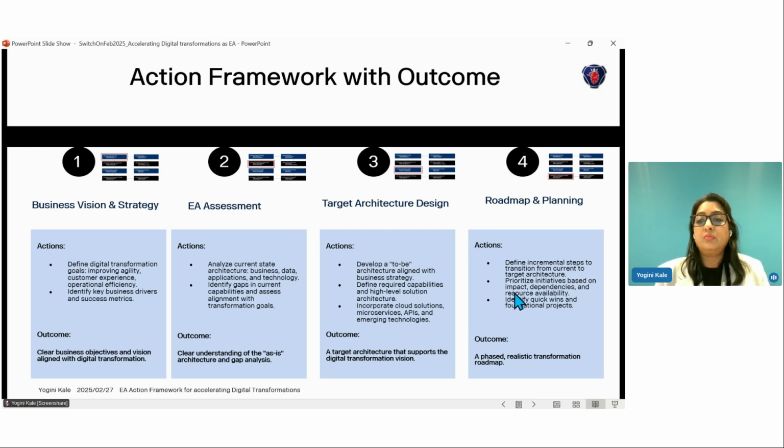And this is where you define incremental transition roadmaps and prioritize the initiatives based on what impact it has, and also try to identify the quick wins through the foundational